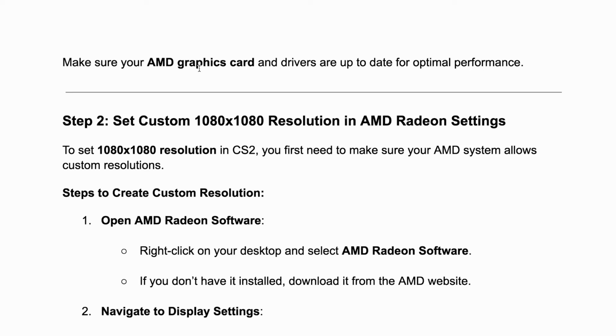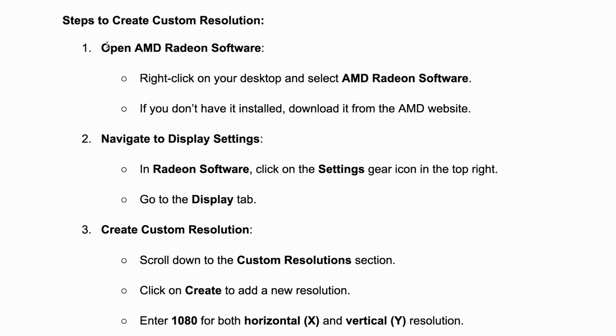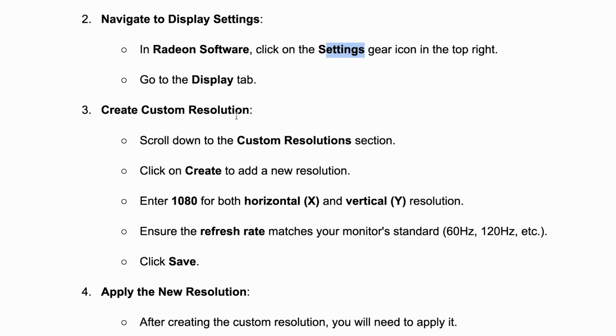Then set up a custom 1080 by 1080 resolution in AMD Radeon settings. So to do this, you want to open AMD Radeon software, right click on your desktop, then select AMD Radeon software. If you don't have it installed, download it from the AMD website, navigate to the display settings in the Radeon software, and then click the settings gear icon in the top right, go to display tab, then create custom